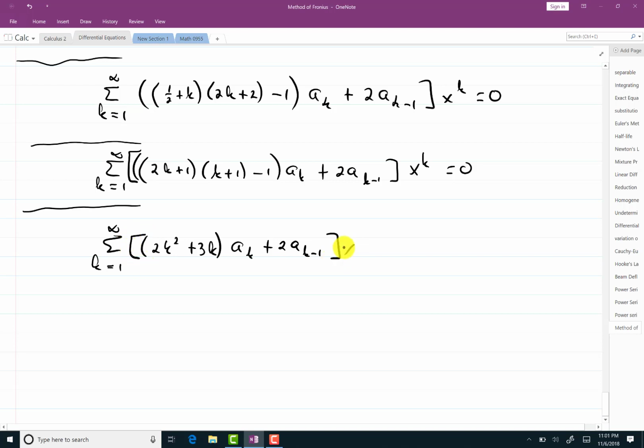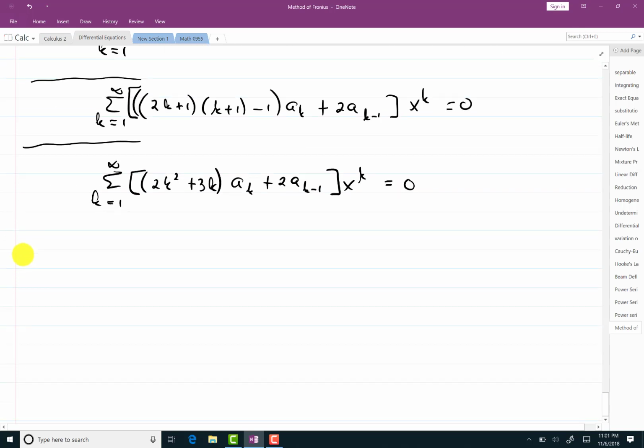And that's all x to the k. Okay, now what I think I'll do is, you don't have to factor this. Don't think that you have to do that, but I usually do factor it because I'm usually looking for some sort of a pattern. Nonetheless, each of these will be set equal to 0, and I'll get a sub k equals negative 1 over 2k squared plus 3k